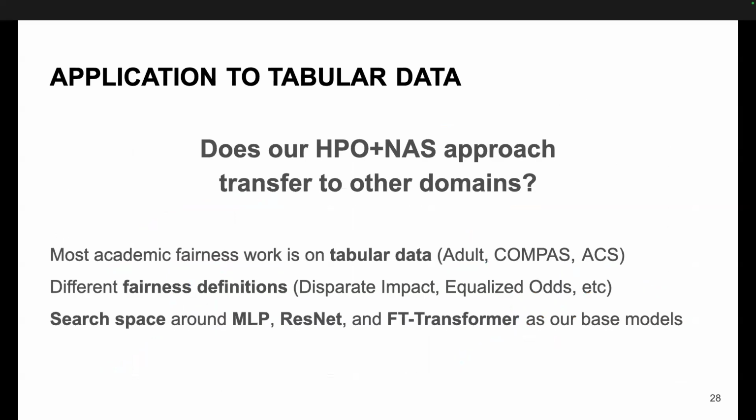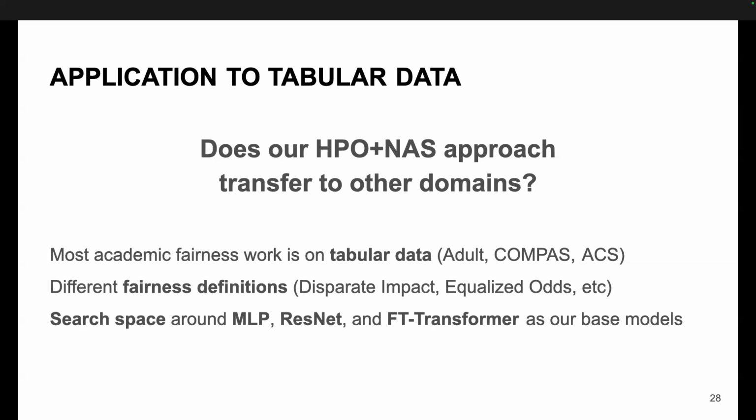So I think the results that we have on the facial recognition data set and application are really promising, right? We're showing this entirely new bias mitigation technique that works pretty robustly using these AutoML techniques, and that's pretty exciting just to begin with. But it's just on one domain. We didn't talk about it here, but we also compared to the existing bias mitigations in facial recognition, and we beat those techniques. But in facial recognition, there aren't that many bias mitigation techniques.